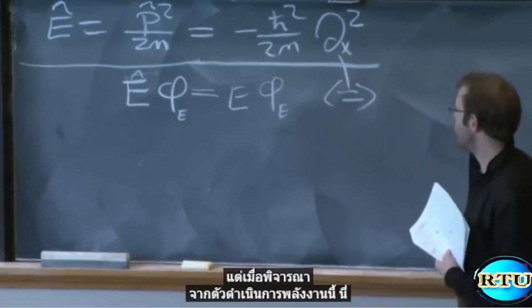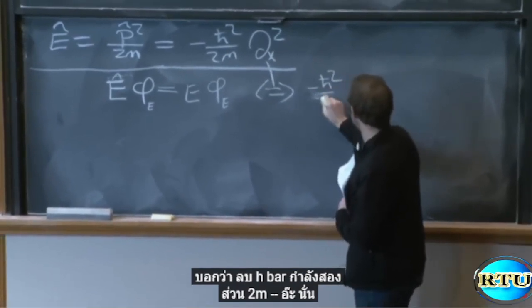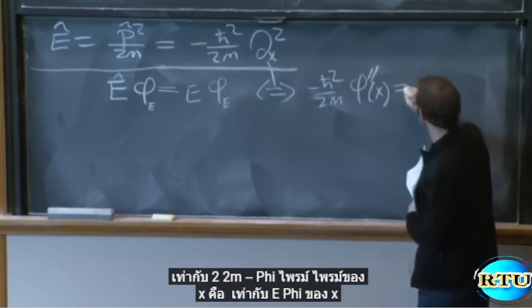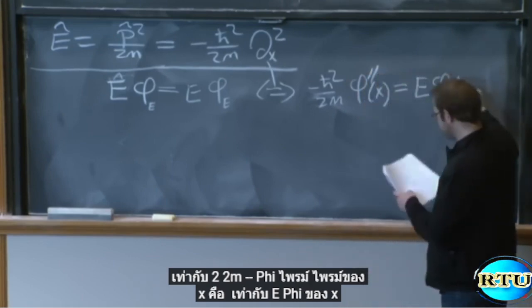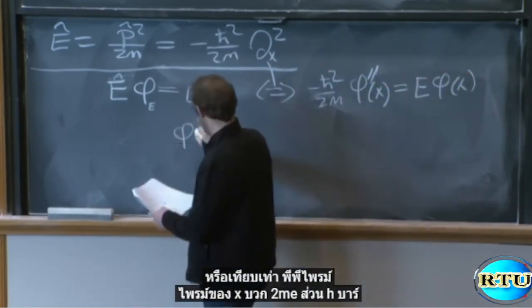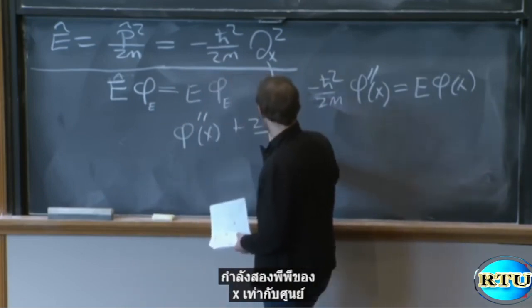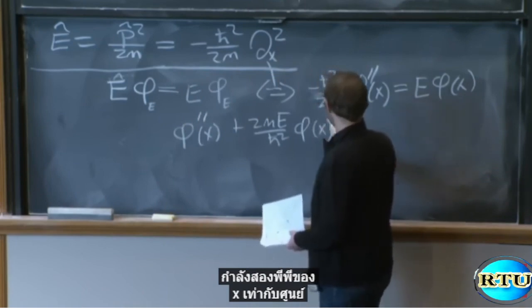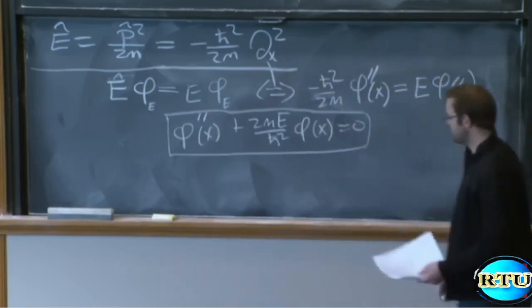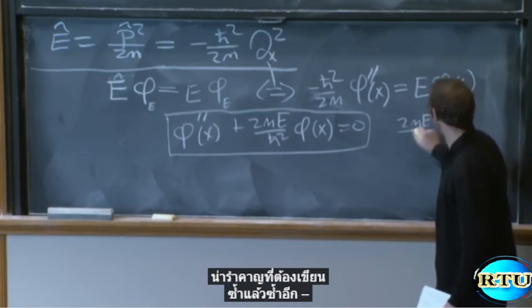But given this energy operator, this says that minus h bar squared over 2m, phi prime prime of x is equal to E phi of x, or equivalently, phi prime prime of x plus 2mE over h bar squared phi of x is equal to 0. OK. So I'm just going to call 2mE over h bar squared